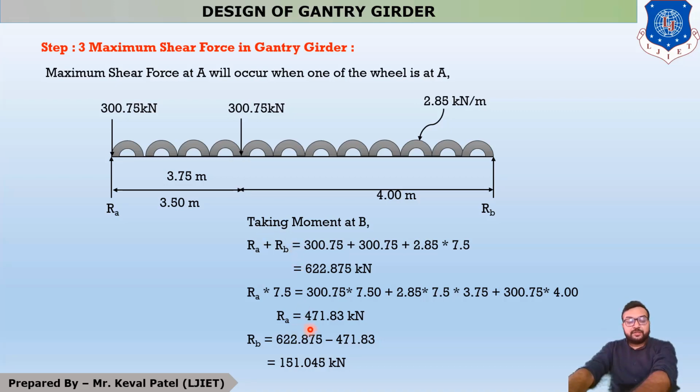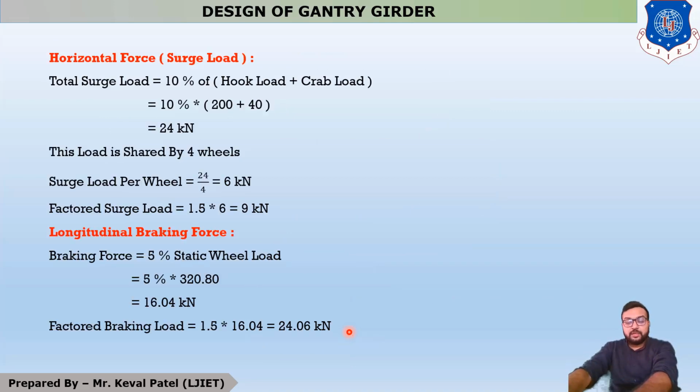So you can see that your maximum reaction is 471.83. It means we have to design our gantry girder for a maximum moment of 681.85 kN-m, and we have to design our gantry girder for maximum shear force, which is 471.83 kN. Okay. Now, after finding out the maximum shear force and maximum bending moment, we are moving further to